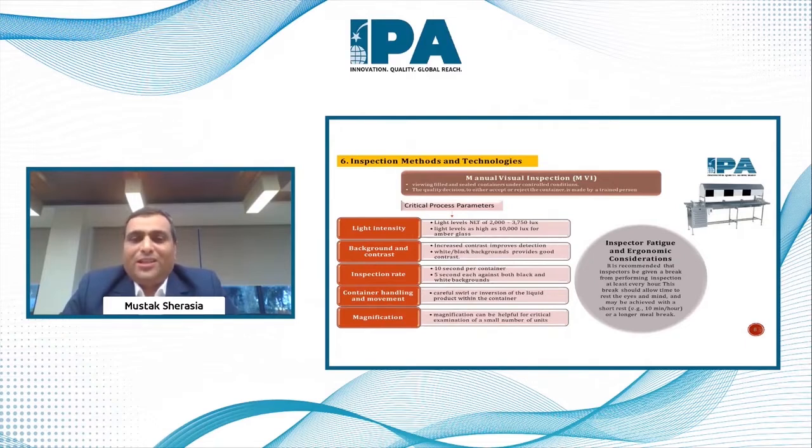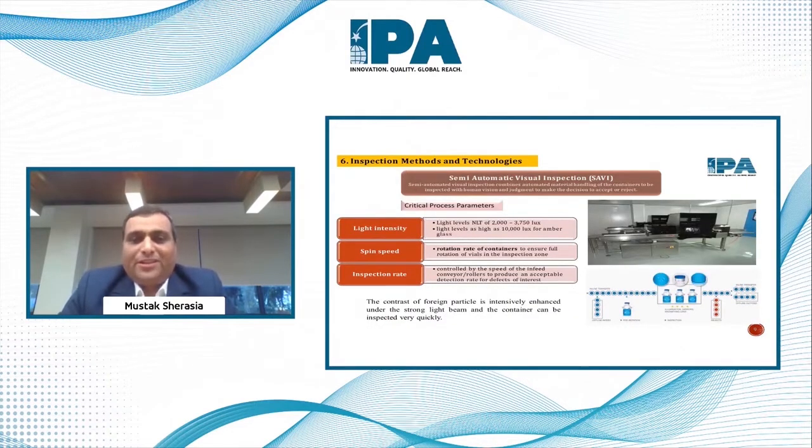An important consideration is inspector fatigue, since all inspectors are human. Constant inspection will lead to false rejections and false counts as well. So it is highly recommended to have an inspection break of at least 10 minutes every hour. This can be controlled by automated technology like auto light-off techniques, and alarm techniques, which can remind the inspector to take a break every hour. Next slide.